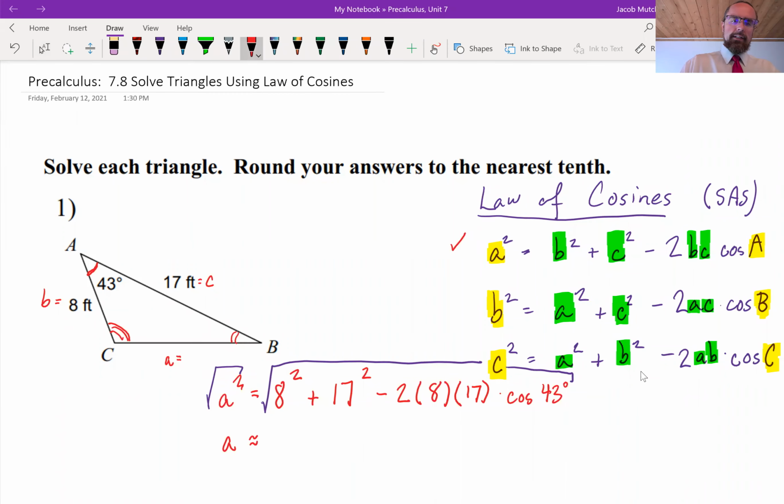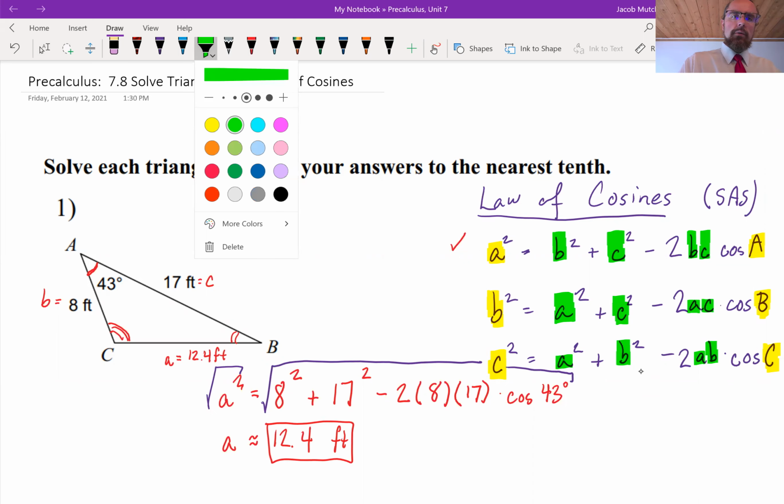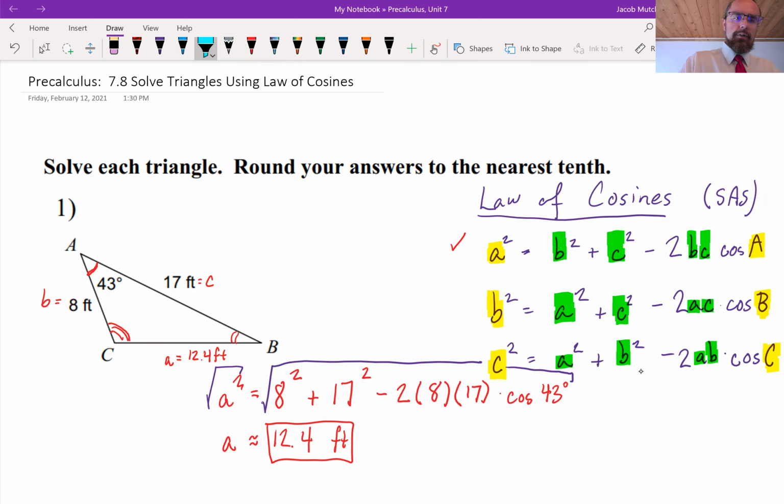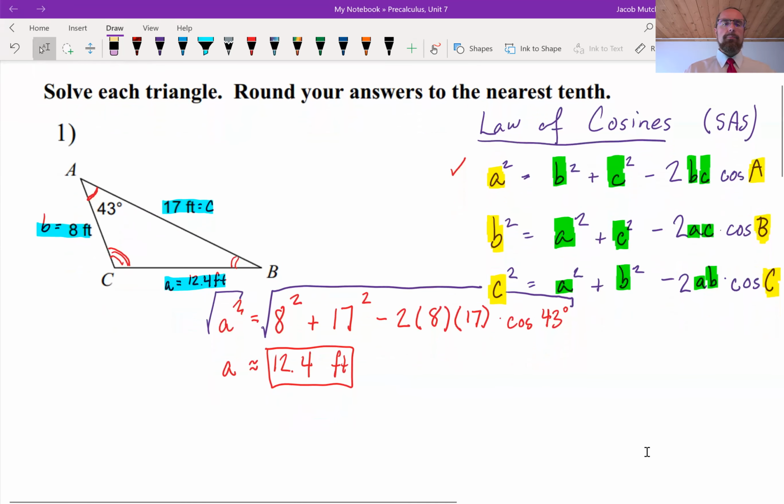So A we have is a length of 12.4 feet. So in terms of solving the triangle at this point, if I put that A there, 12.4 feet, we've got all of our side lengths. Go ahead and highlight those. So I know that 2 of them were given to me already. B was 8, C is 17. Now I have A is 12.4. So what's left for us to solve now is the 2 angle measures that are missing, angle B's measure and